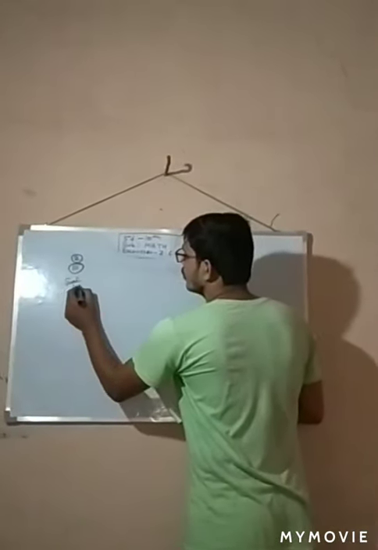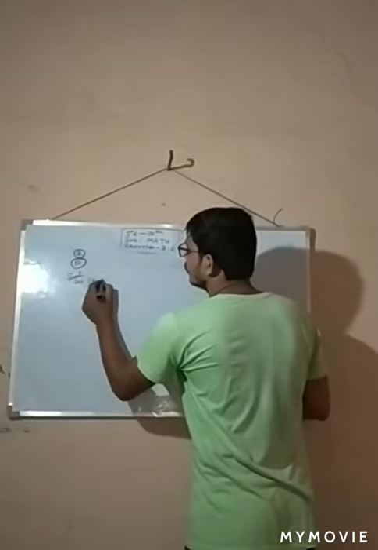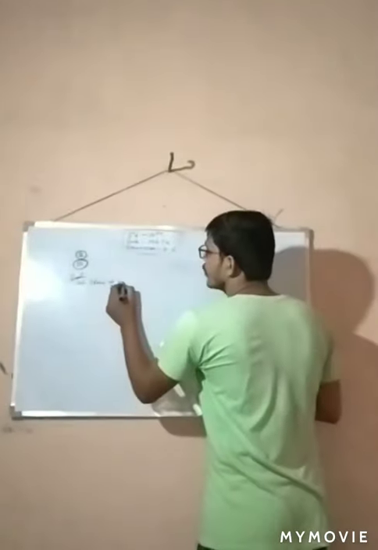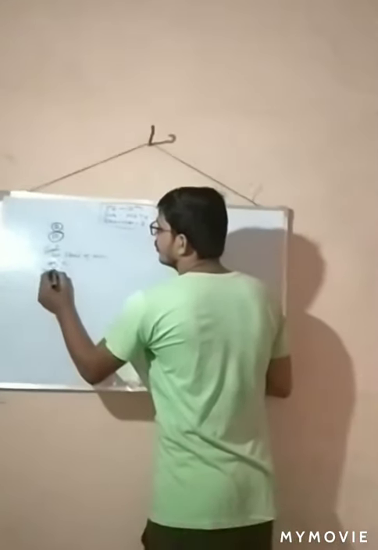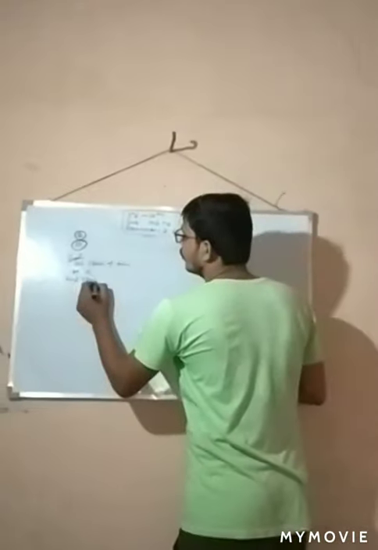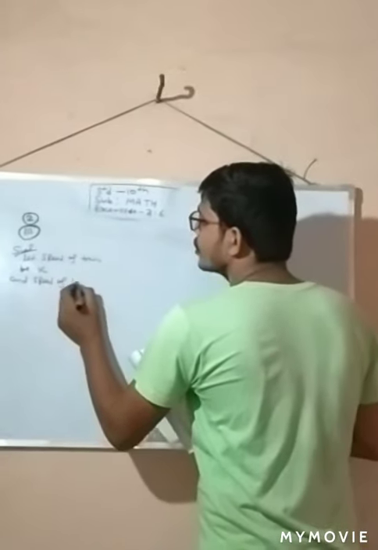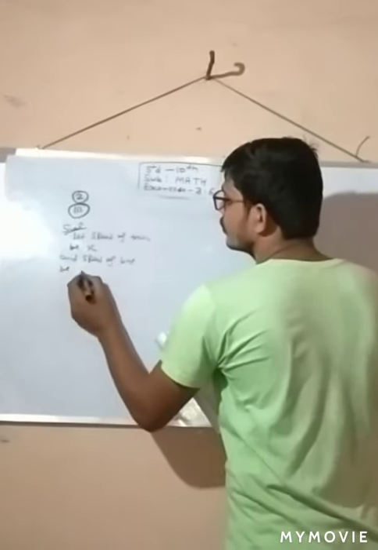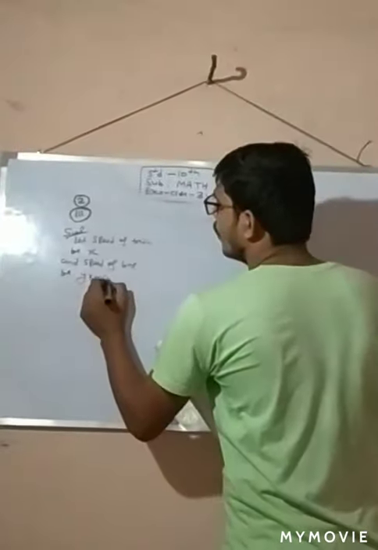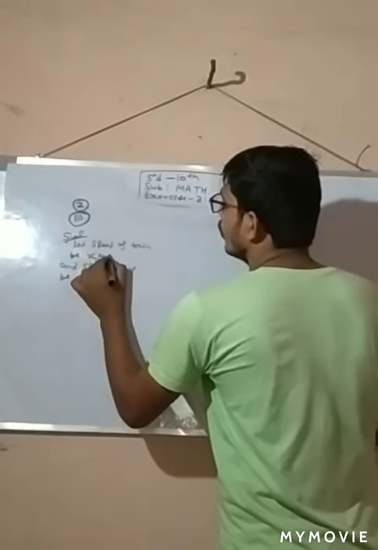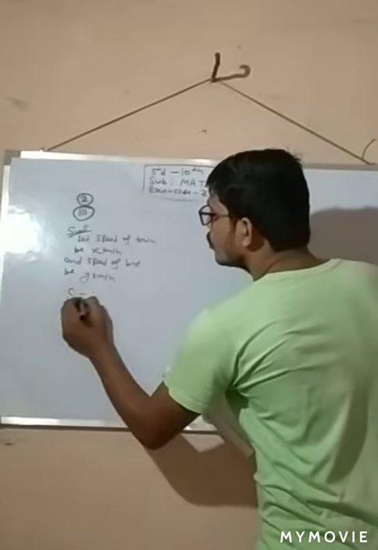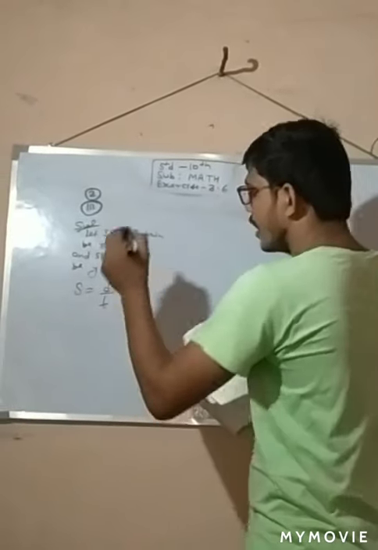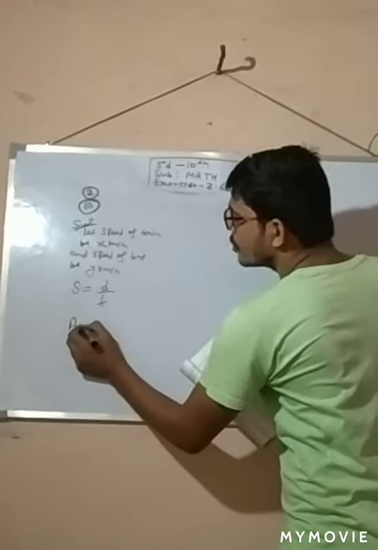Let the speed of the train be x and the speed of the bus be y kilometer per hour. Now we know that speed is equal to distance upon time. Now according to the questions,